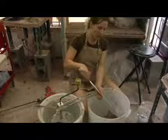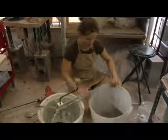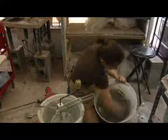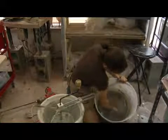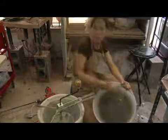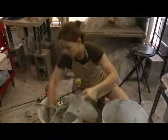So now that I've gotten all of the glaze out of my first bucket and put it through the sieve, I've put a little bit of water in this bucket so that I can clean off the edges and get any remaining bits of material that might be in this bucket and get them into my sieve and into my other bucket. Now, there's also a lot of material on the sieve itself, so I'm going to use just a pitcher of water